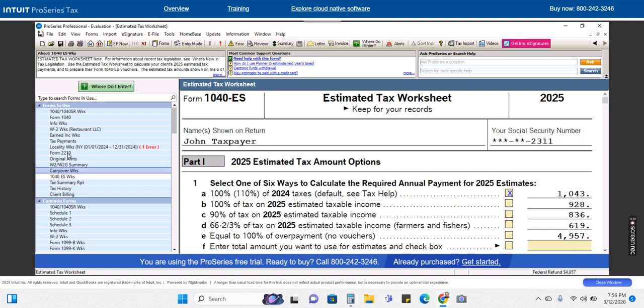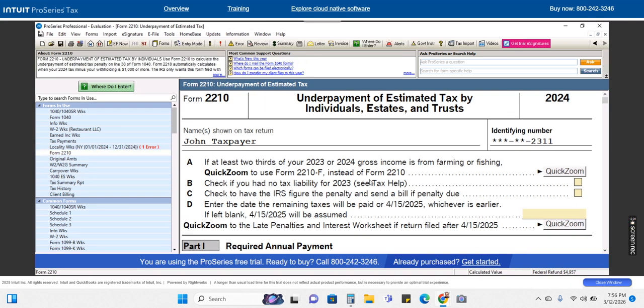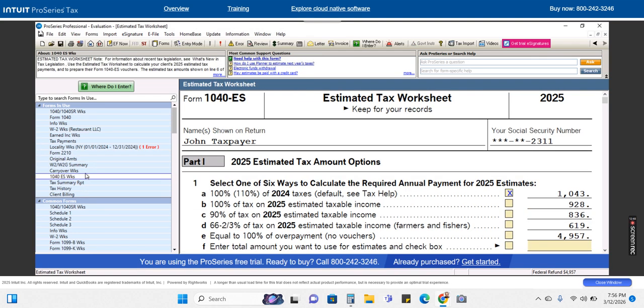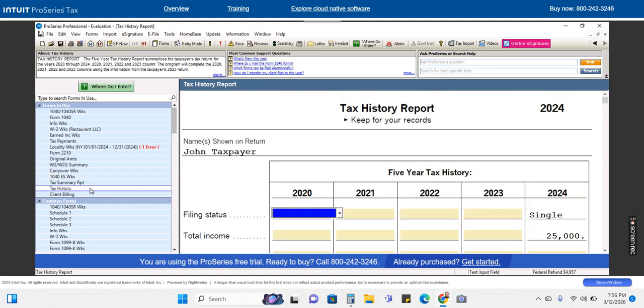Overpayment. Okay. This is the estimated tax worksheet, the 1040-ES worksheets. So if we go to tax history,